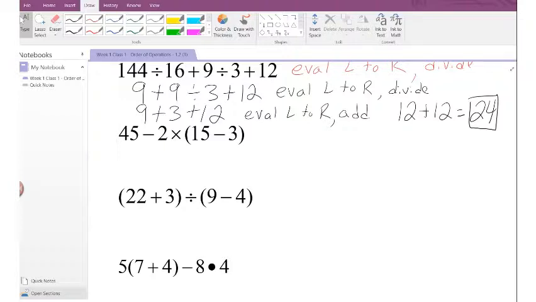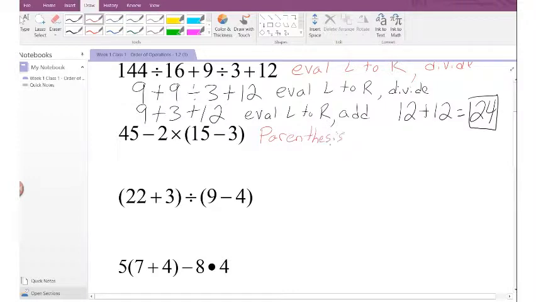Like on this one, I would just say parentheses, since it's the first step. So look at the next one here. I see parentheses, and that's obviously what comes first in the order of operations. So I would write, let's go and drop the eval. Let's just write parentheses. And since there's only one operation happening inside the parentheses, I'm not going to write subtract, but you could. Parentheses. So we end up with 45